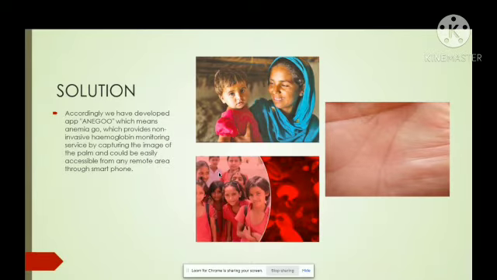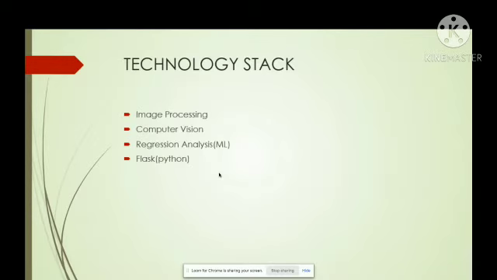Among our body parts, fingertips, palm creases, and conjunctiva in the eye are the parts where the effect of melanin is less. So performing image processing on these parts gives better results. We chose to work on the palm region. To train the model, we have collected around 250 to 300 palm images of people and also their respective hemoglobin values, and we built a linear regression model. We built our website with Flask.